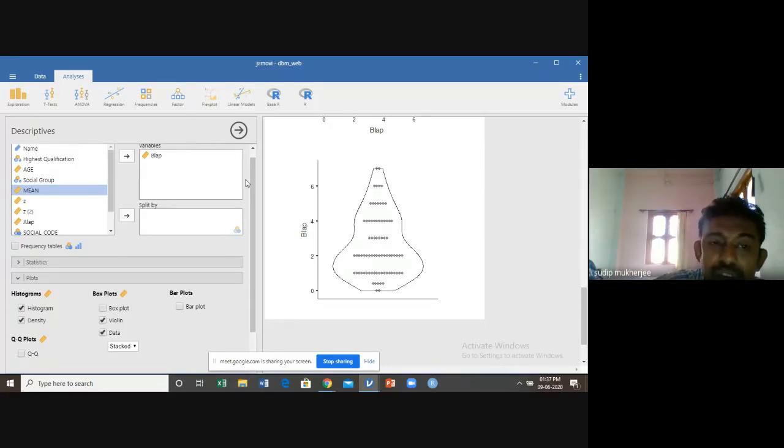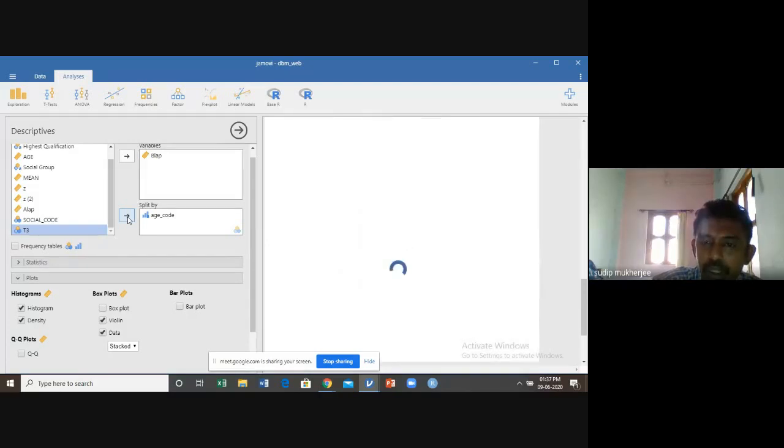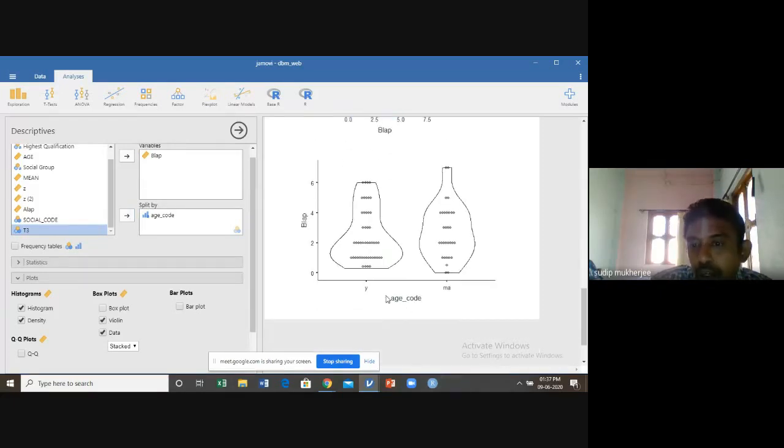Now, we try to see whether the observations vary with respect to the age group. That is, whether middle-aged participants are using it less or more, and what the concentration is. We simply use the split by option with the age code, and Jamovi gives you two separate curves, one for each group.